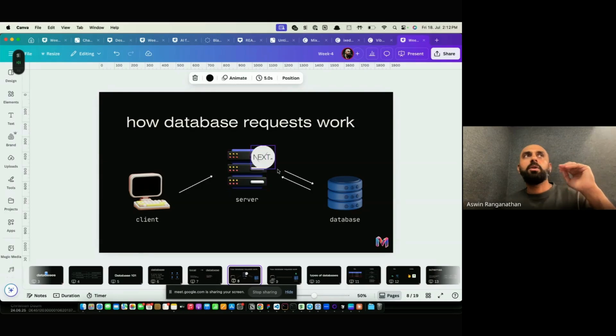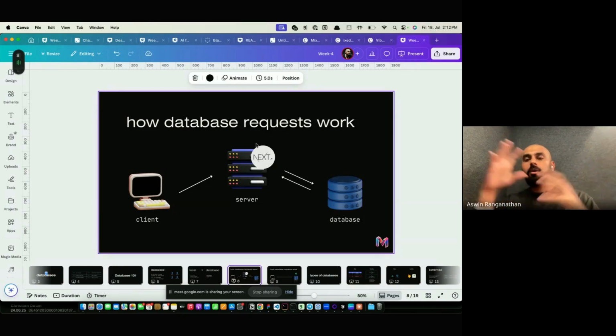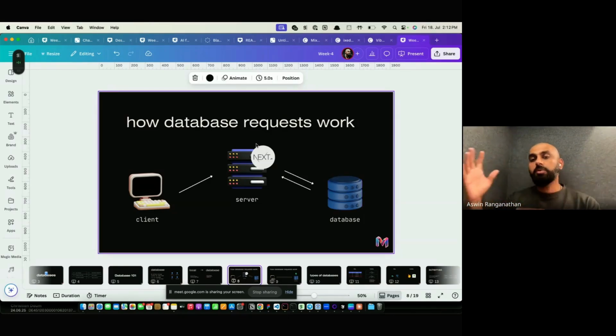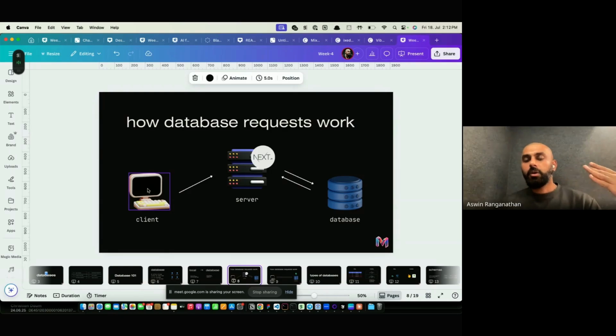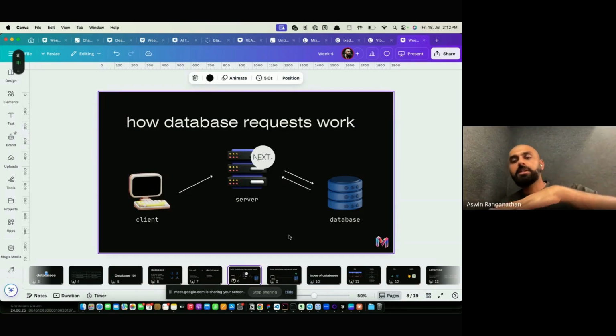Sometimes you want to fetch only the user preferences of a user. Sometimes you want to fetch multiple things related to a user. So how you want to fetch information from a database could keep changing. So if you have to write all this logic, when I want to fetch user, follow this function. When I want to fetch only preferences of a user, follow this function. So you're going to be writing all of this each time in each part of the code you're building